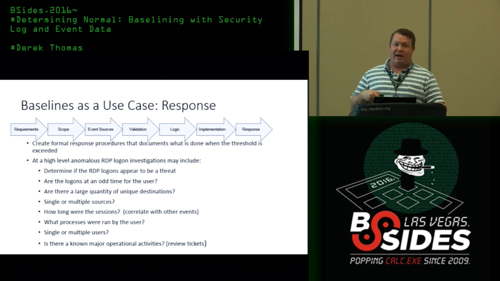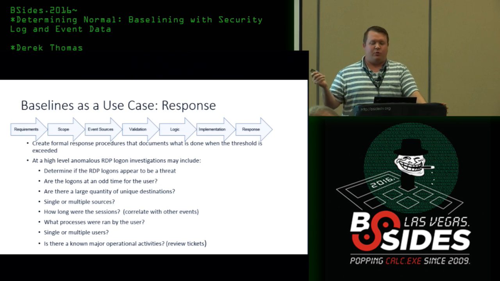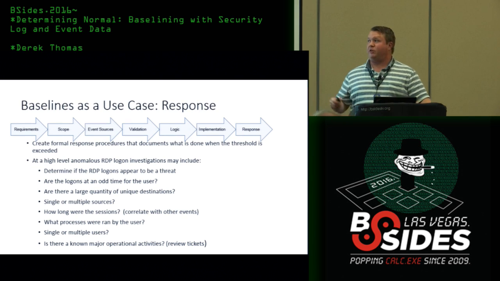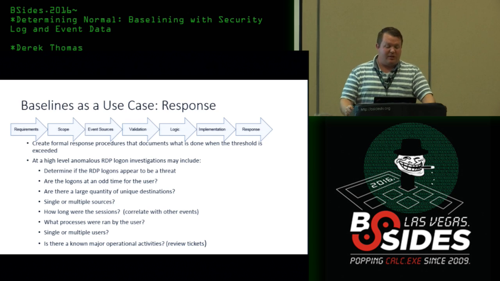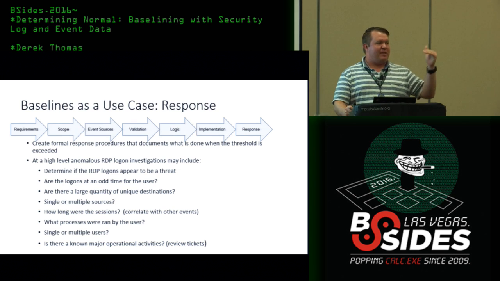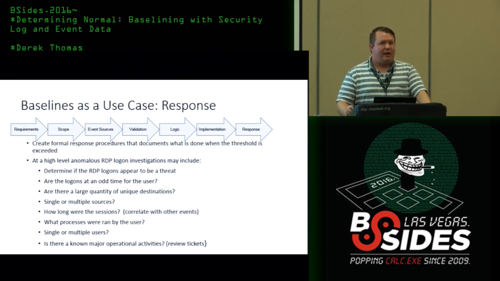And finally, defining a response. This is a big issue, right? Like, what do you do with the alerts? So during the use case development, you need to figure out what you are going to do with this. So create a formal response procedure. And this is good in a document. Companies always like documents, and having a use case catalog really works well for showing what you're doing on a day-to-day basis, how you're managing that. And I've given that to auditors, and it's worked very well for defining and proving that you're actually doing the work that you want.